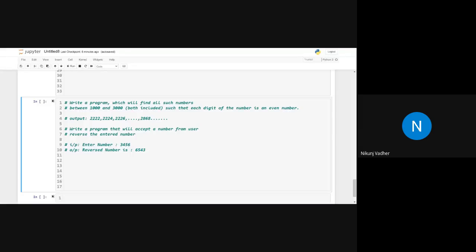Now let me tell you, it is using string operation. It is actually meeting the criteria of the output.